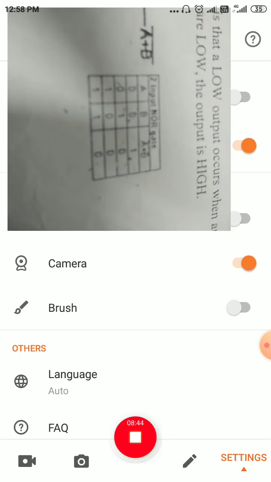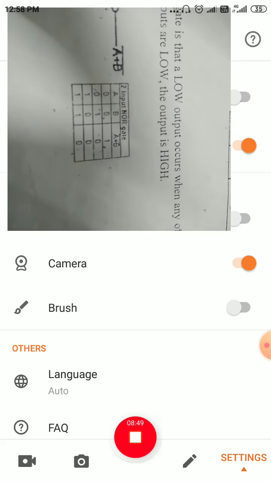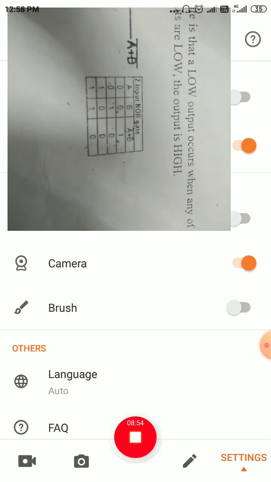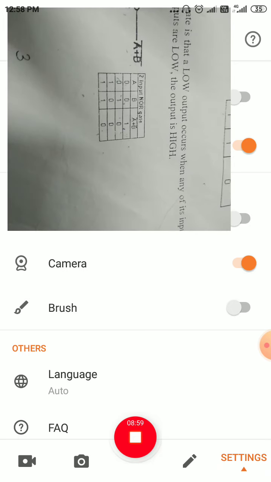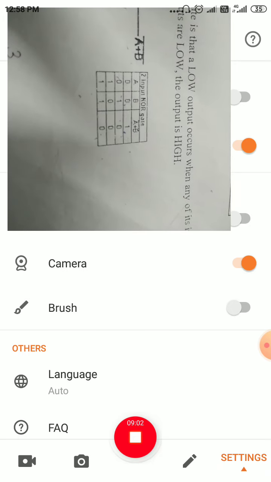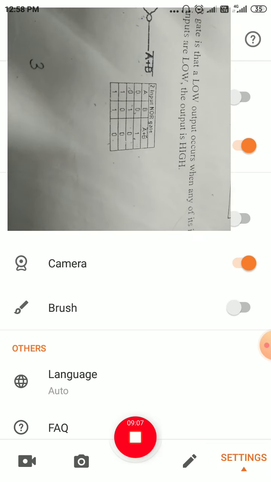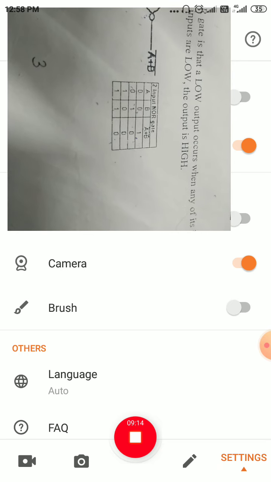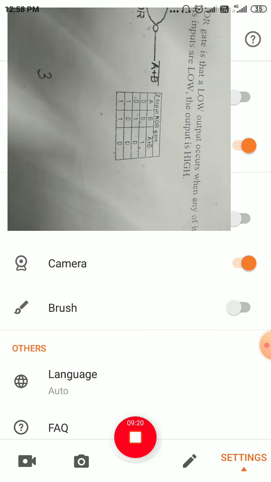When both inputs are low, the output is high, and for all the remaining combinations of input, it is low. It is NOT plus OR, the complement of the OR gate. In the OR gate, when both inputs are low the output is low, and for the remaining combinations, the addition of any input gives 1.